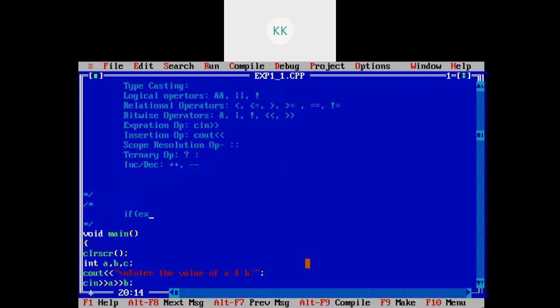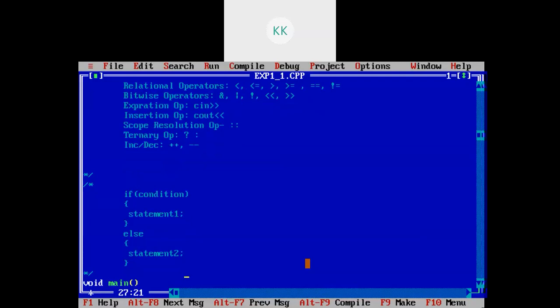It has an expression, or you can say a condition, then statement 1, else, statement 2.